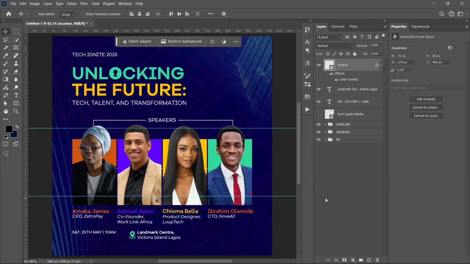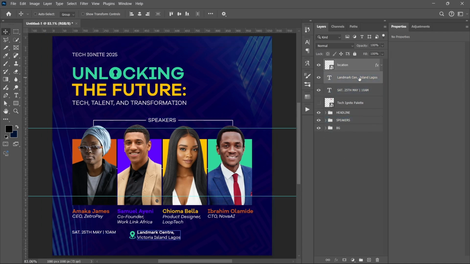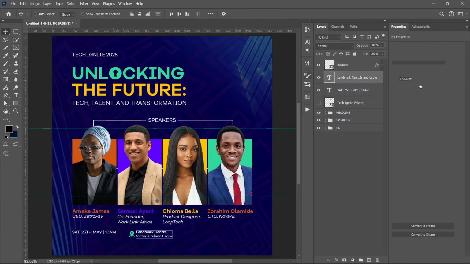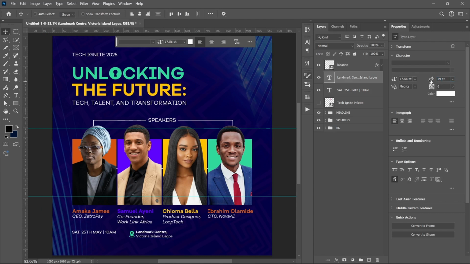So if we zoom out, we are going to see location. Alright, so let's actually reduce the size of this location. Alright,